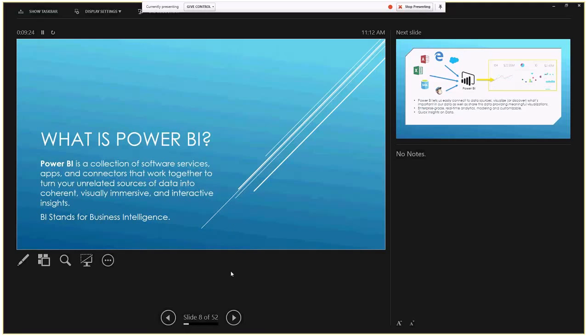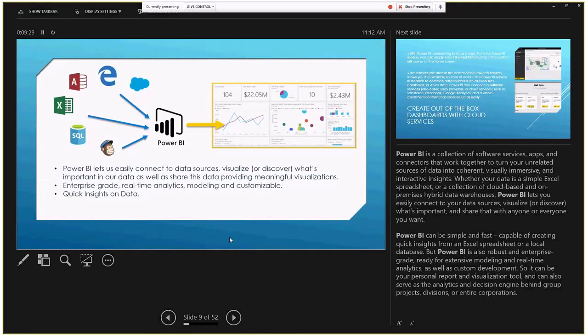Once again, data could be from many different sources, and we're going to see that coming up on the demo. So Power BI, what it does is allows us to connect through sources. Sources like what? Like Excel, as you can see here, Access, SQL databases, through the web, through the cloud, and with the intention of connecting that data source to create a visualization of what that data is so that it can provide meaningful